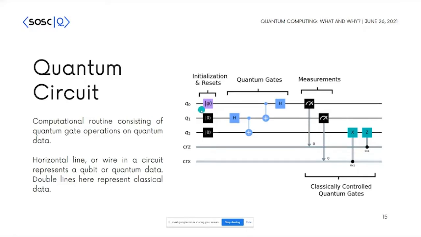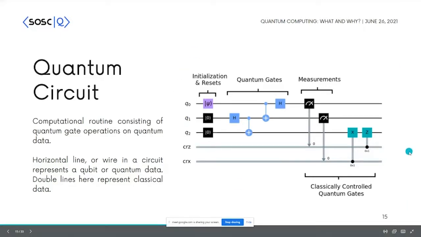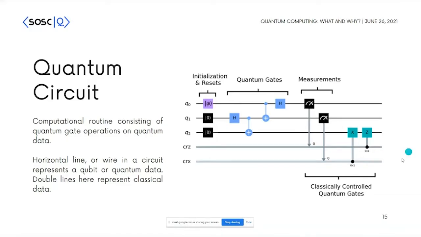If you can see, these single lines are basically the quantum data, which is stored in something called a qubit, which I'll come to later. And these double lines are classical data, because you want to use the quantum data in real life, right? And right now everything is classical, so we cannot do much with quantum data. So we are passing it to classical data using measurements. I'll come to that later too. So double lines are usually measured and denoted as classical bits. This snippet is of a programming library called Qiskit, which I'll come to later too.